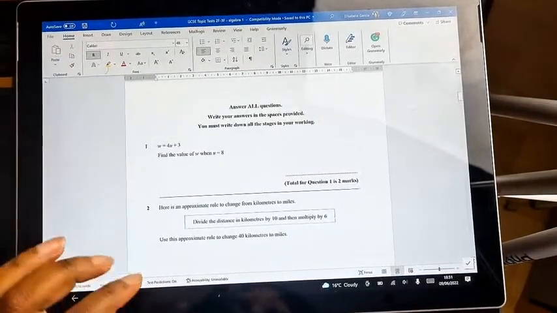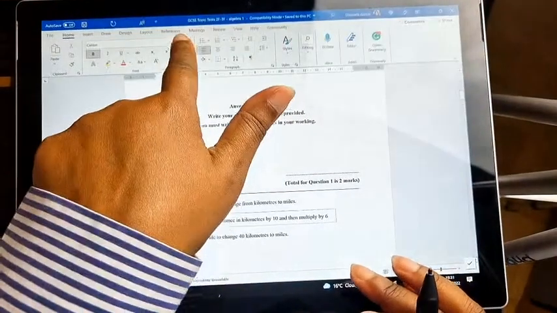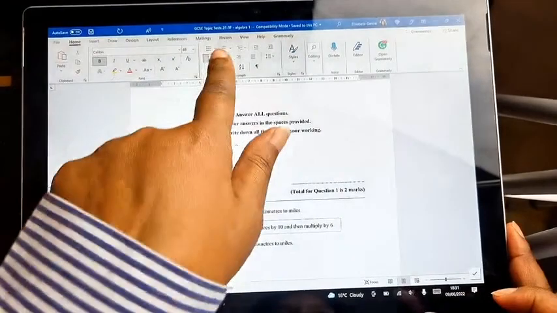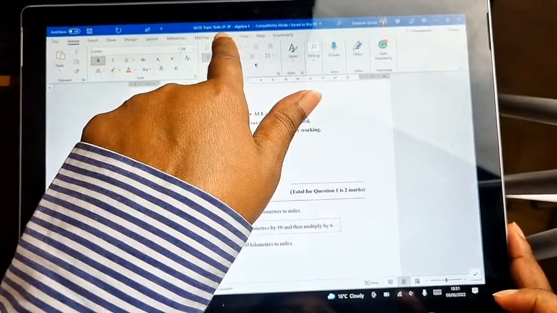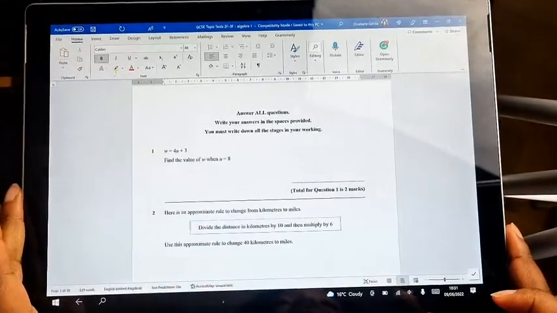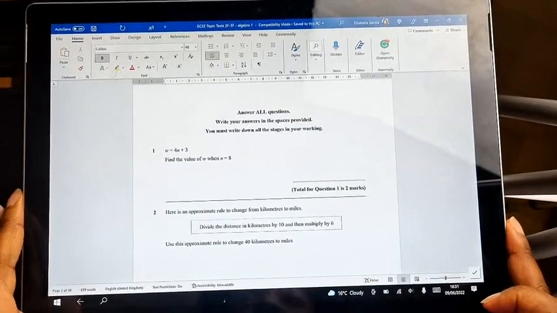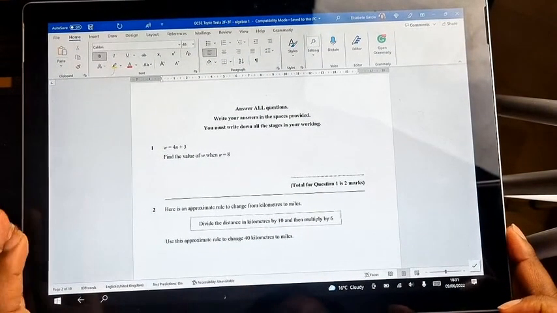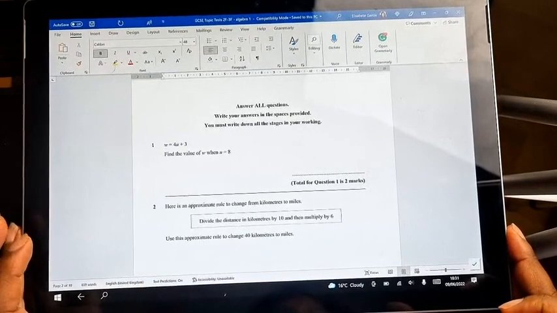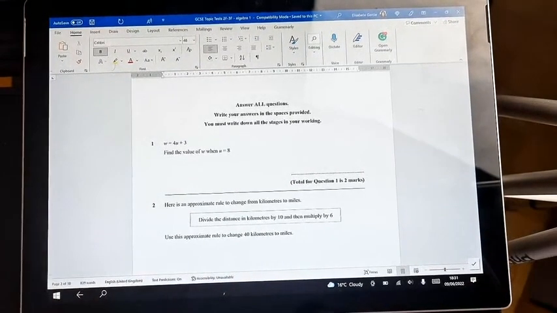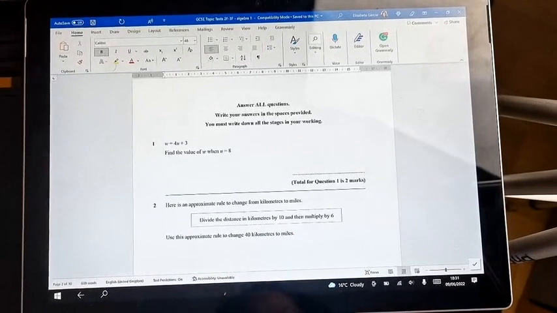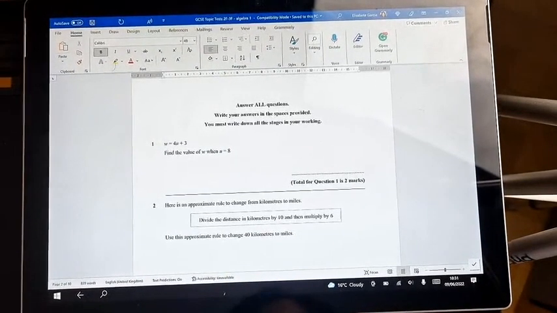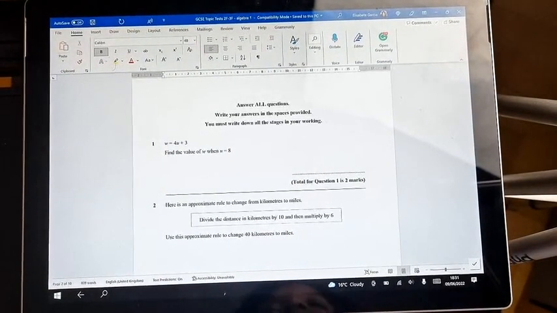So these are the type of questions you might find, and you probably can't see there. Most of you really ask what they are. So foundation, we have foundation paper 2 and 3, but also higher. I'll tell you when the questions get a bit harder, where you will see these questions on the higher paper as well. Okay, for now, we're dealing with